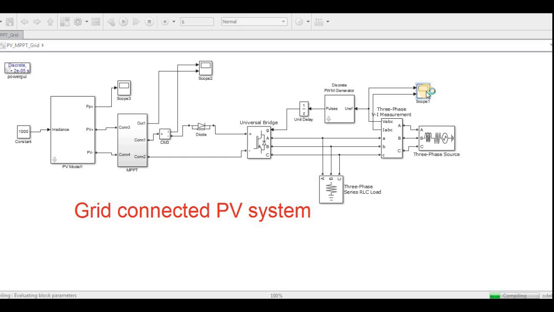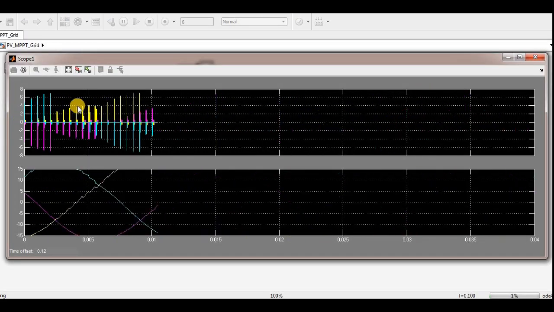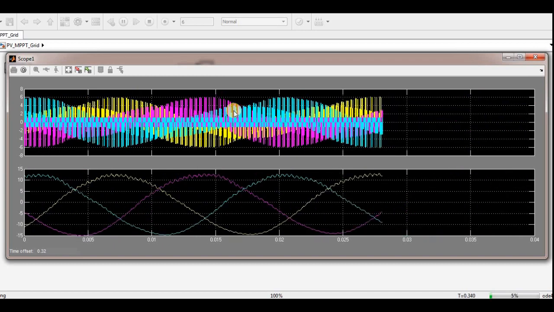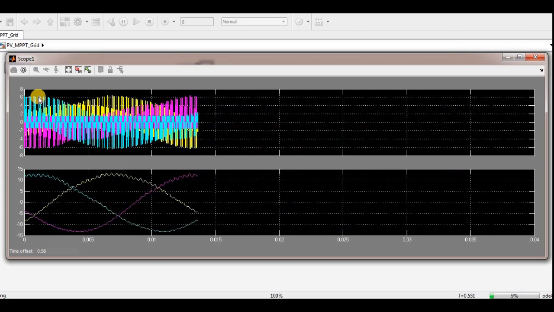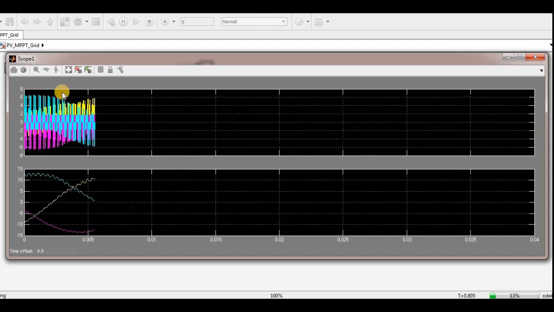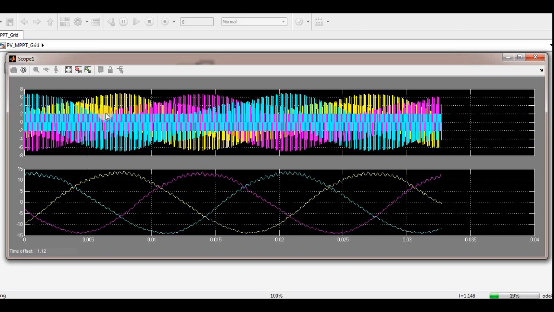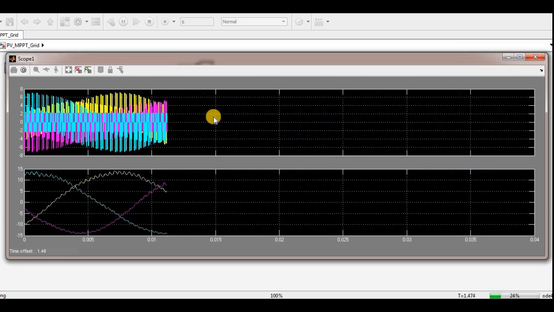See, from the start onwards you can see, during this time the input voltage of the inverter is not sufficient to transfer the current from DC to AC. Once it reaches this minimum required voltage, the inverter is providing nearly sinusoidal output. See, this is coming up to 6, but this is the peak. If you take the average of the sinusoidal, it is near to 1 per unit.